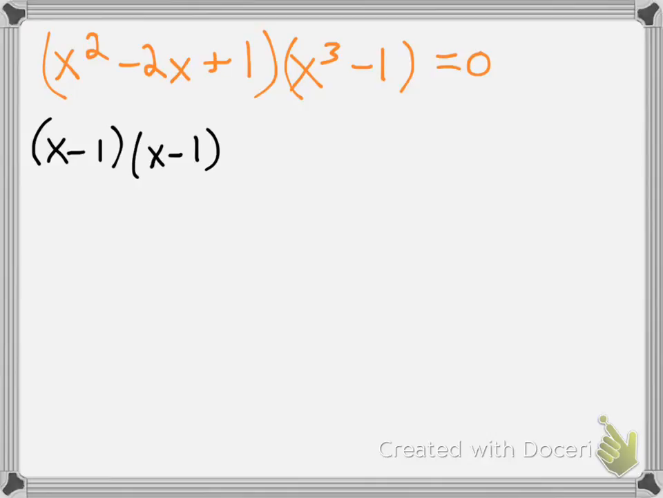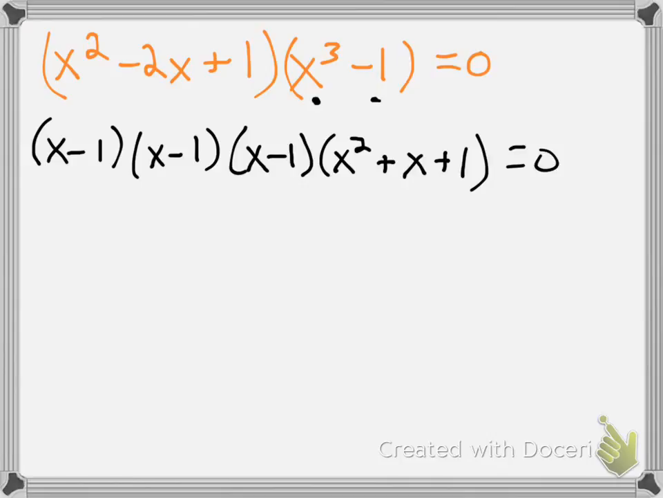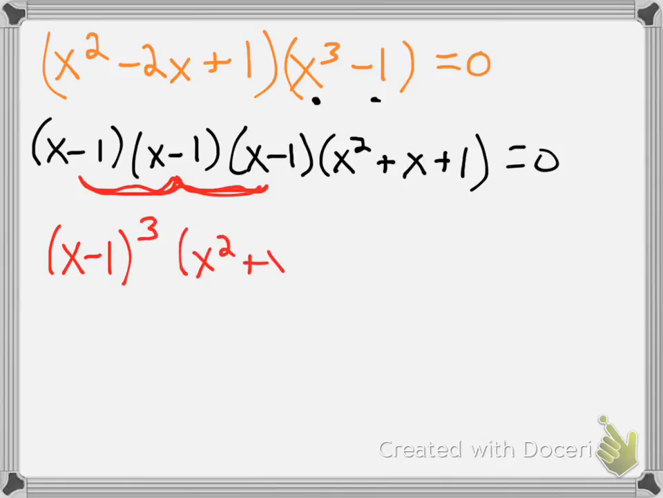Sweet. This is two terms, 1 and 2, and it's a difference of cubes. So if you remember from the factoring video, that'll make this x minus 1 and x squared plus x plus 1 squared, which is 1, equals 0. Look at this. I have 3 of the same factor: 1, 2, 3. So really, I could rewrite this as x minus 1 cubed times x squared plus x plus